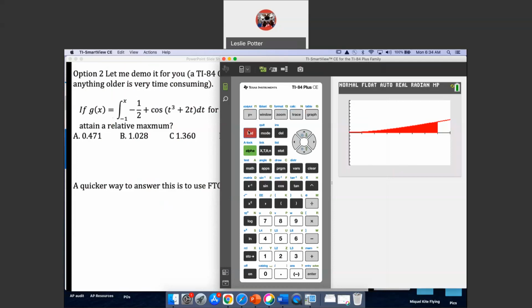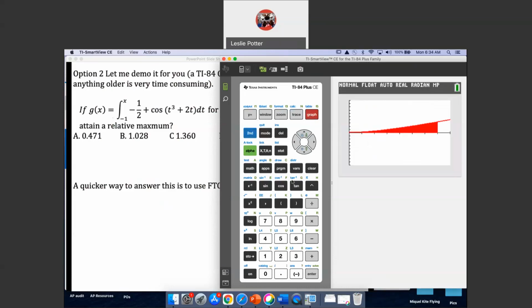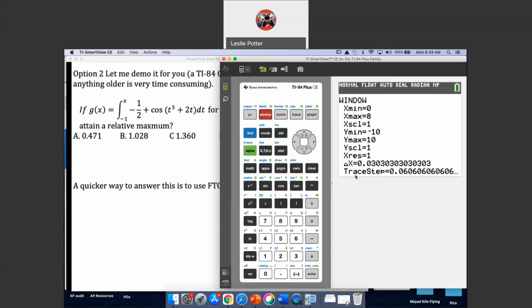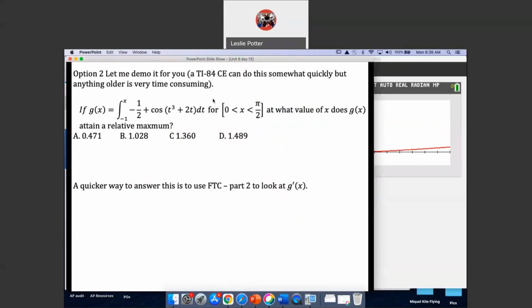Oh, the table, it did give us something, but as you can see, it took a really long time to do, and it's actually off the table. So let's do like 40. Let's see if we can see it there. Yeah, see, look how slowly it graphs. So we don't want to bog down the calculator all day doing that. So we're not going to bog down the calculator by putting this